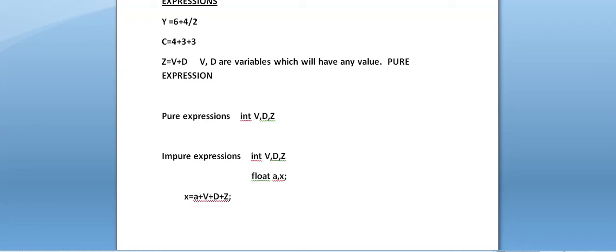This kind of expression is known as an impure expression, because it consists of variables of different data types: v, d and z are of integer type and a, x are of float type. They are a mixture of both data types, therefore they are known as impure expressions or mixed expressions. Fine. I hope it was clear to you.